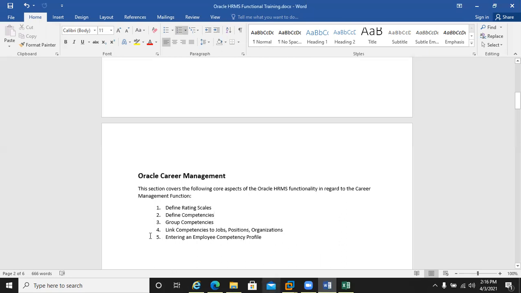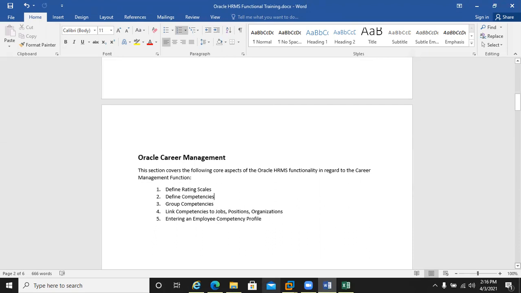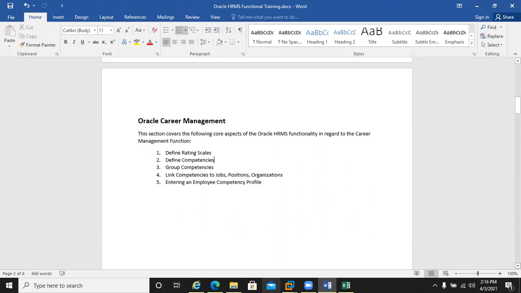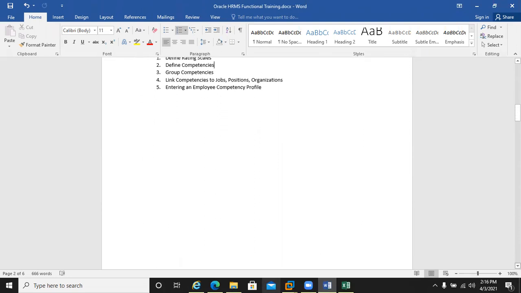Then what is the group competency, how the competency is going to be linked with the job, position, organization, and entering an employee competency profile, which will be part of our career management menu in the core HR module. After that, once we complete this second module as well, we will go to see, I think it's a self-service